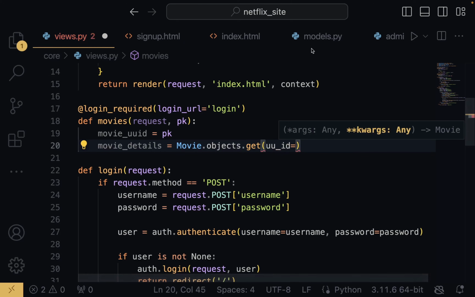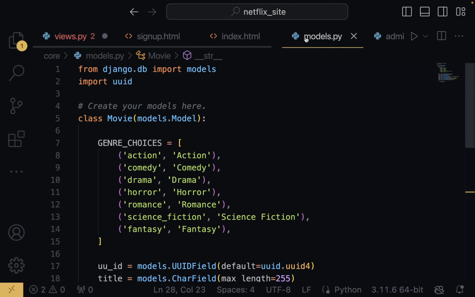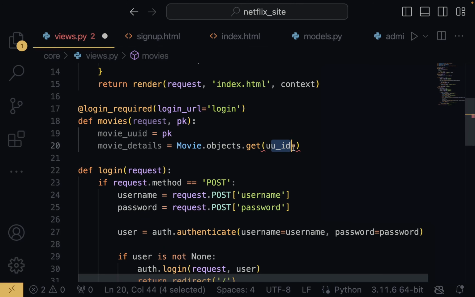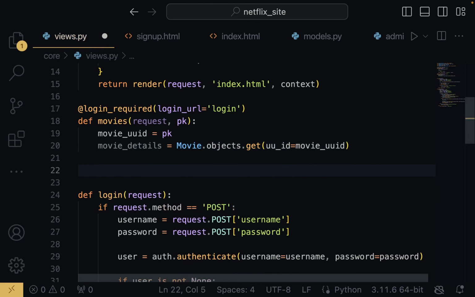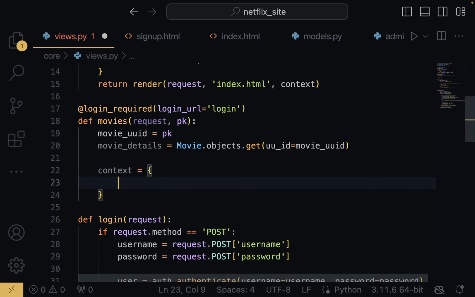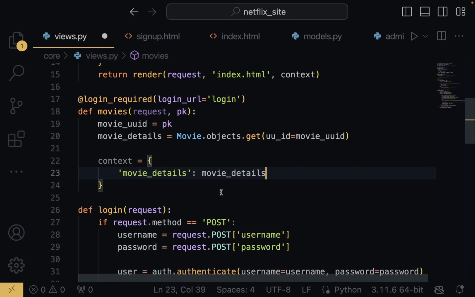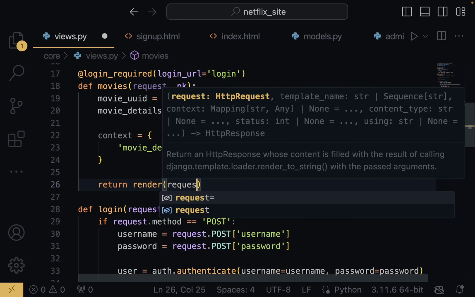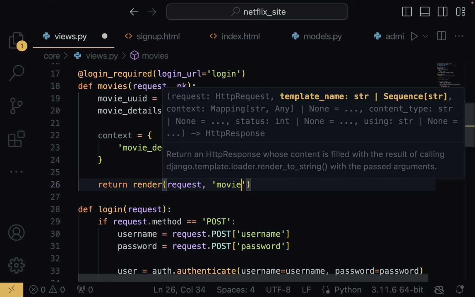Just so you know what I'm looking at, this UUID is basically this. So I'm looking for the one in which this UUID is equal to pk, which is also movie_uuid. Once we get the details of that particular data, we can create a new dictionary called context, with movie_detail, and give it movie_details. Now right here we can return render, request, movie.html,